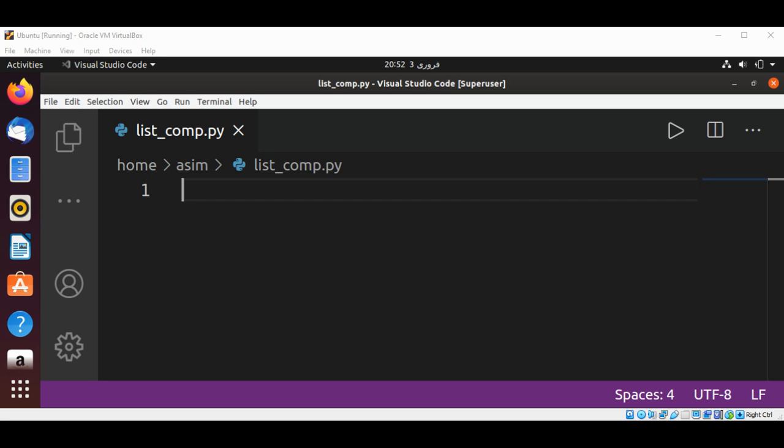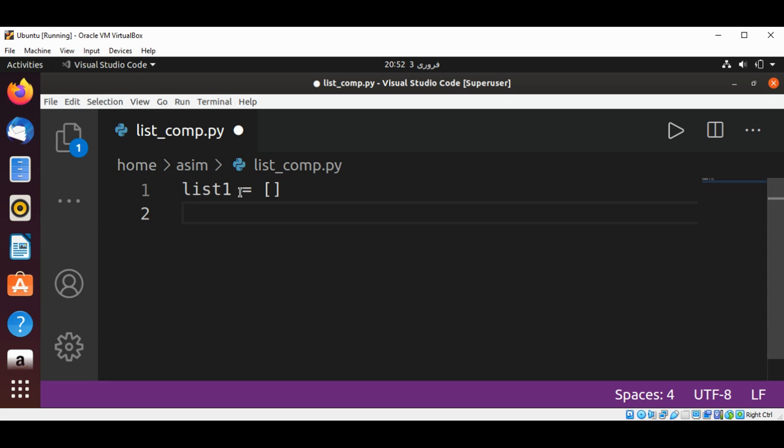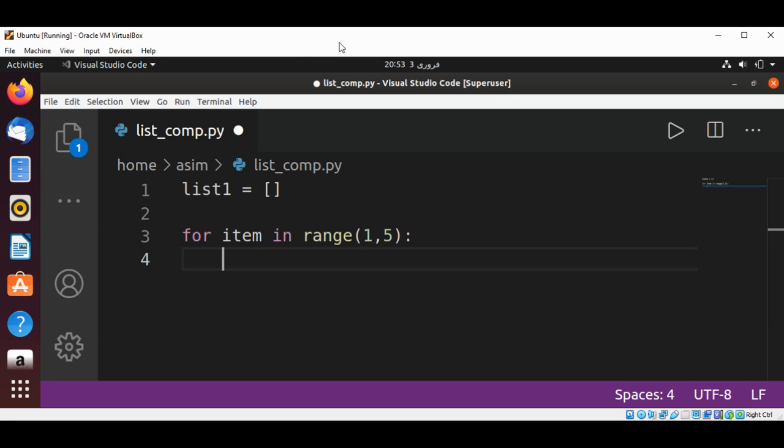First, we are going to create an empty list, list one, and append elements to our list by using a for loop: for item in range 1 to 5, not including 5, it will go up to 4, and we are going to append those items to our list. This will be list one dot append and pass in item,